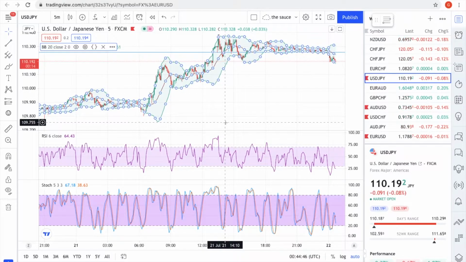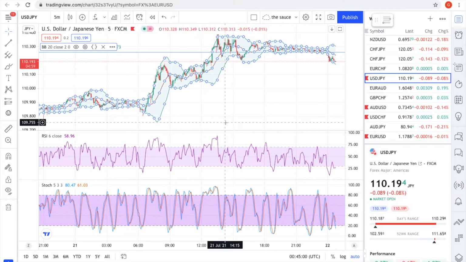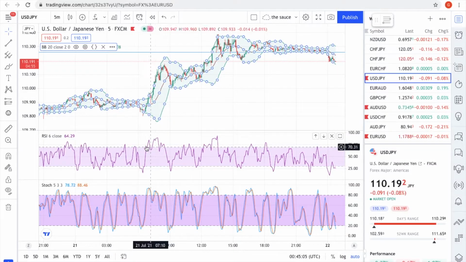Now, if you look at the market based on the indicators, there are times when the market is overbought and oversold. These are when you are more likely to win a trade. It happens probably 20, I can't tell you how many times. If you look here, the market is overbought and